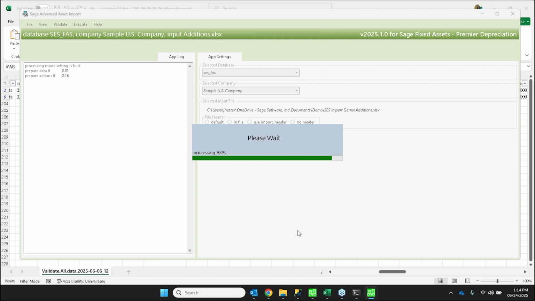So again, on the left, we're actually seeing the recording of the actions during the processing of your data. In a few minutes, we'll see the results again at the top, and we should see the same results. Now, I want to mention something else. We decided to go ahead and import this 98 rows of data that were successful. We could, after we import this data, which in a minute you're going to see this data in Sage Fixed Assets, after we do all that, we could decide, well, now I'm going to go back and fix those 2